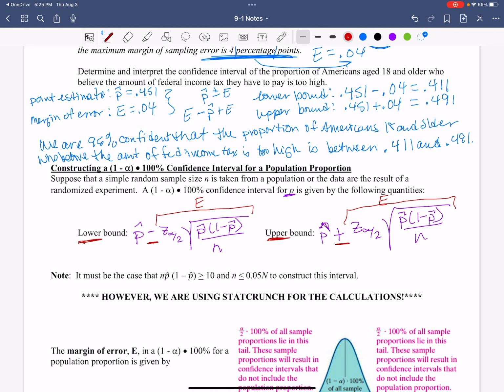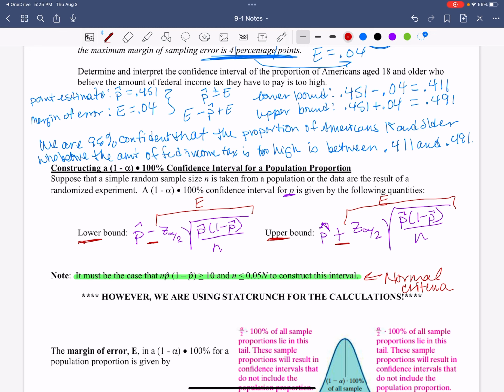All right. And then here's another note. It must be the case that it is normal. Basically, that's what that means, right? It must be the case that n times p times 1 minus p is greater than or equal to 10, and the sample is less than 5% of the population. That's where the lowercase n and the uppercase N come from, right? This just simply means normal. And we've already worked with that, so we already know that. I'm going to put criteria. Now,